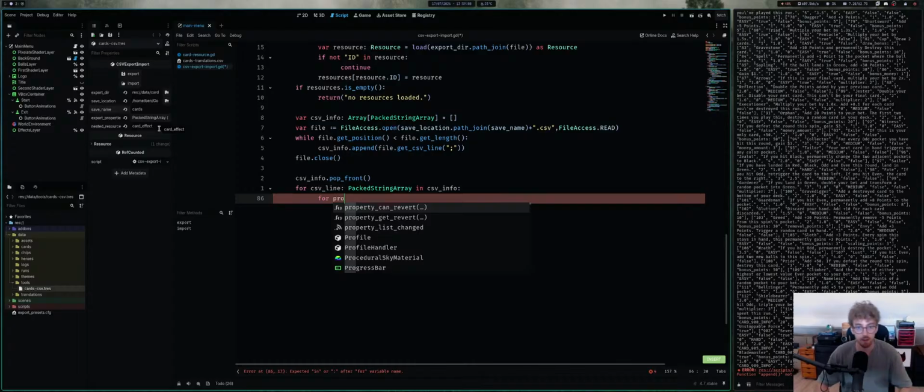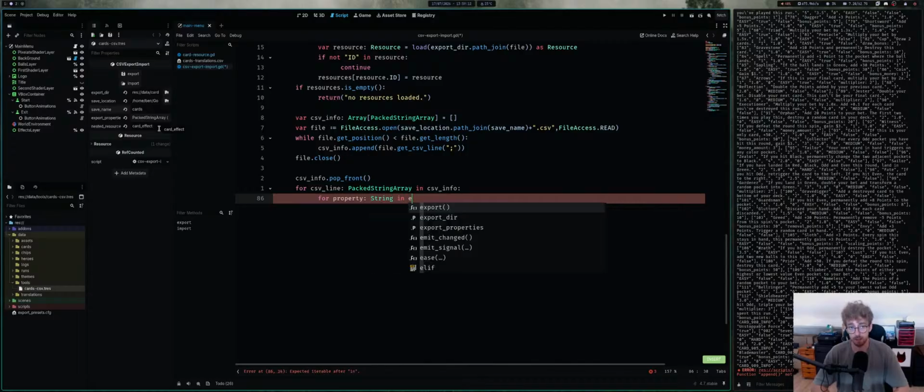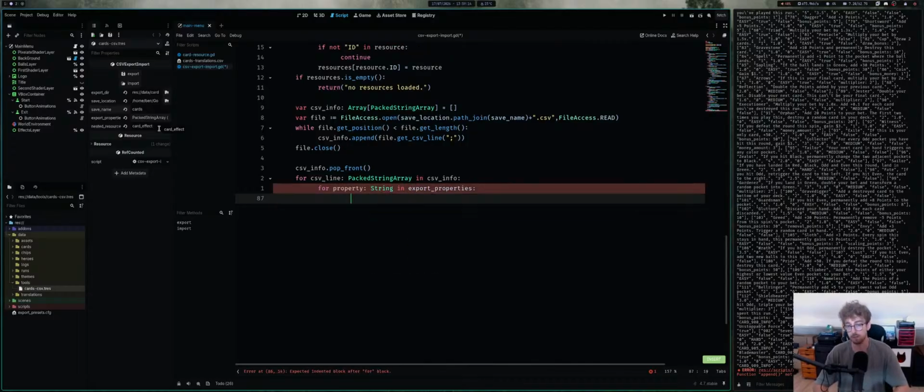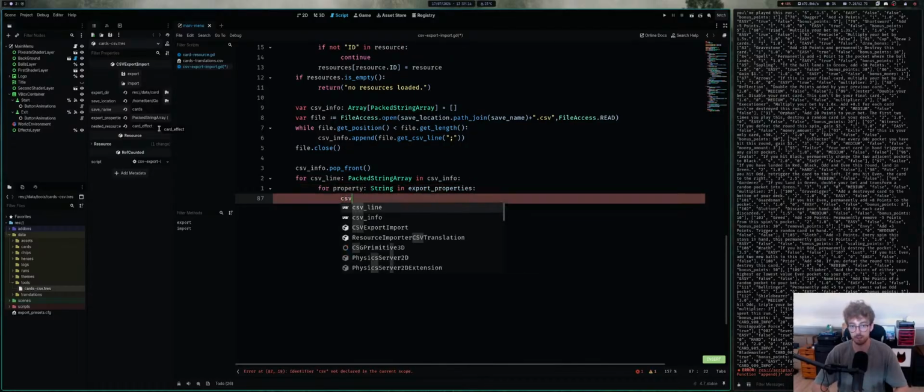Yes, okay, wait. For property string in export properties, I will do CSV line dot, well, variable the property, which is a string, is equal to CSV line dot,